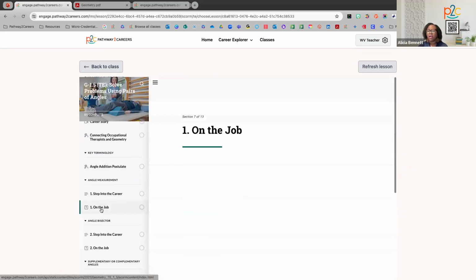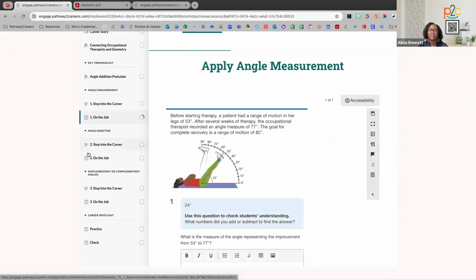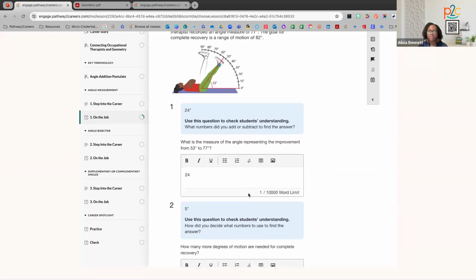So here in our on-the-job, and as you can see from the icons here on the spine of the lesson, that question mark indicates this is where some assessment is taking place. So here it's our on the job. So just like with our Build Your Skills, all of the resources that students need to answer those questions are included. After students submit their work,